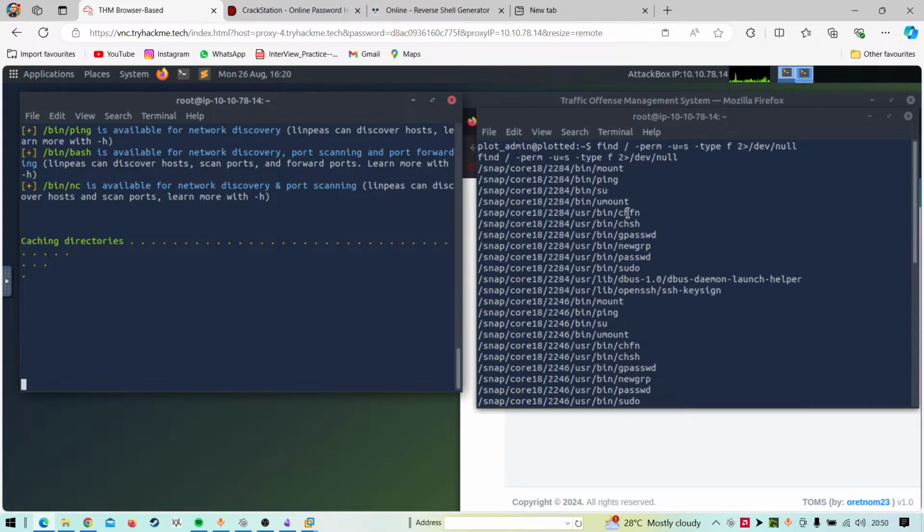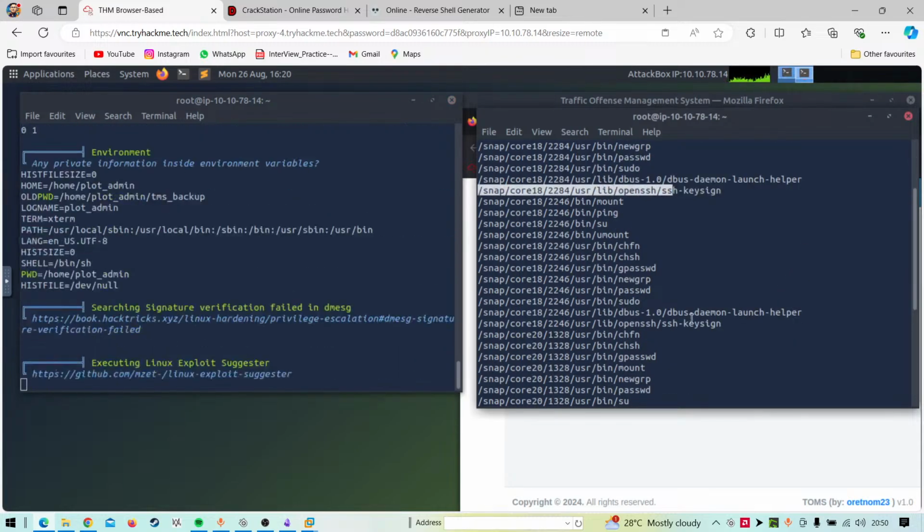Okay, we are getting it, but something is repeated here. The same thing is there and there also. So what's the point?